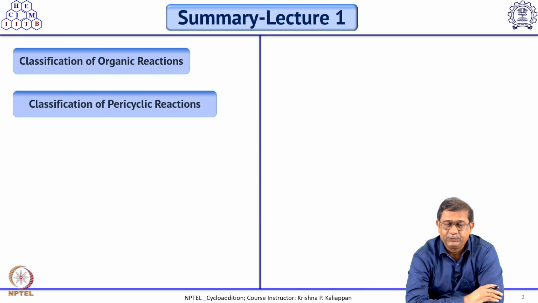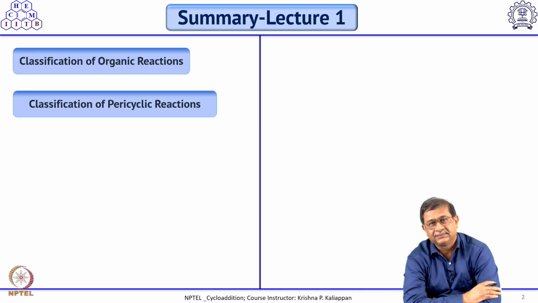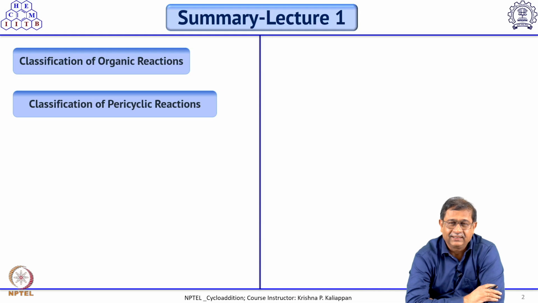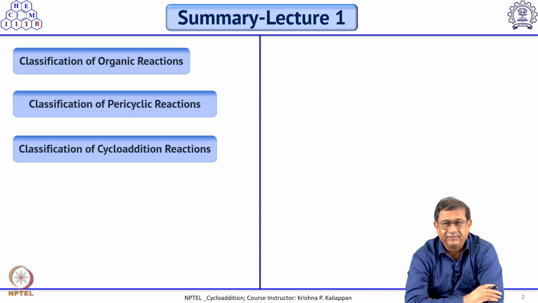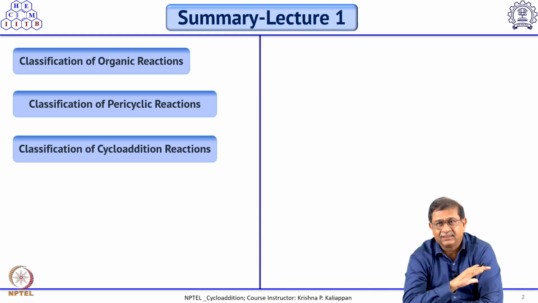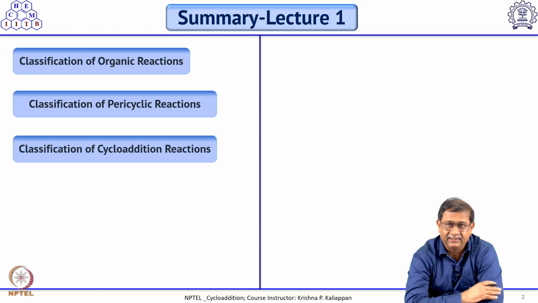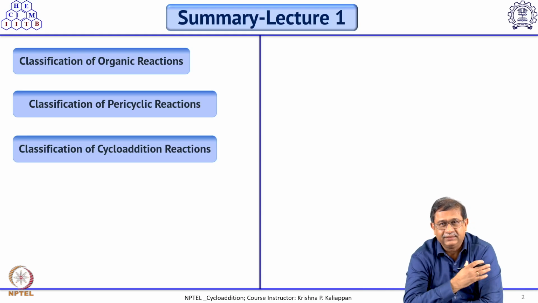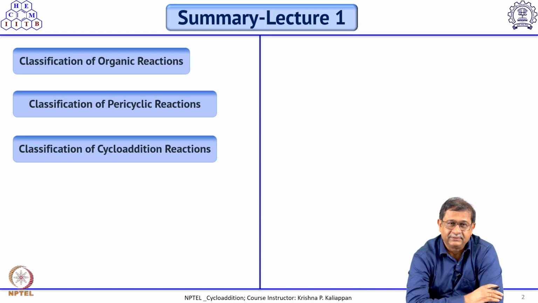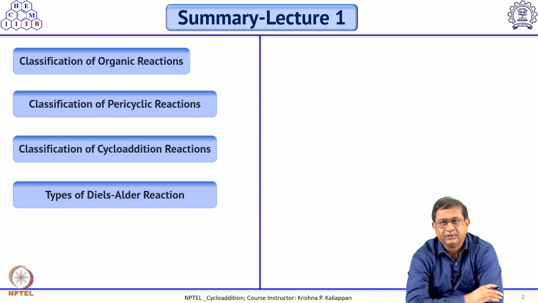Then we moved to the pericyclic reaction, how pericyclic reactions are classified, and then we talked about cycloaddition reaction, how cycloaddition reactions are classified, like intermolecular, intramolecular, then type 1, type 2, that is for intramolecular Diels-Alder reaction, then